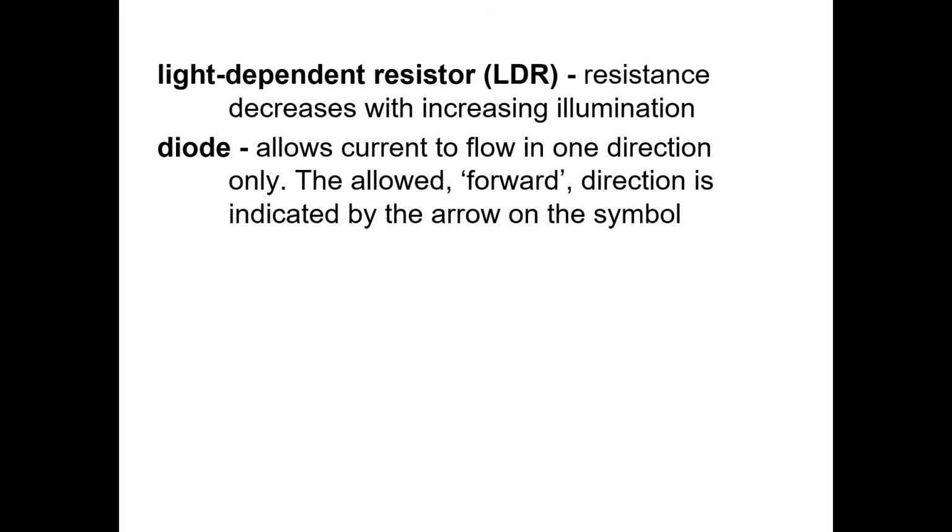Diodes allow current to flow in one direction, the forward direction. Now, diodes at A-level, even A-level, are treated very simplistically. So we say that in the negative, reverse bias direction, they don't have a current, we say, and